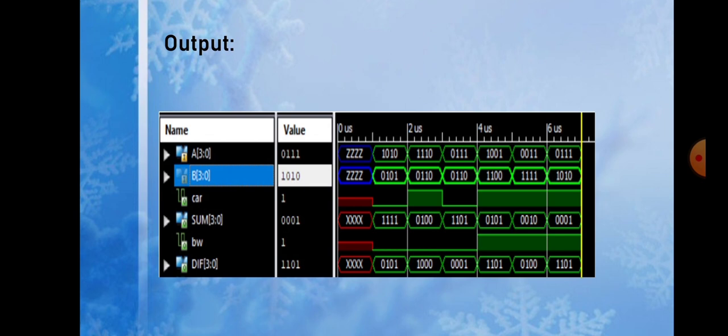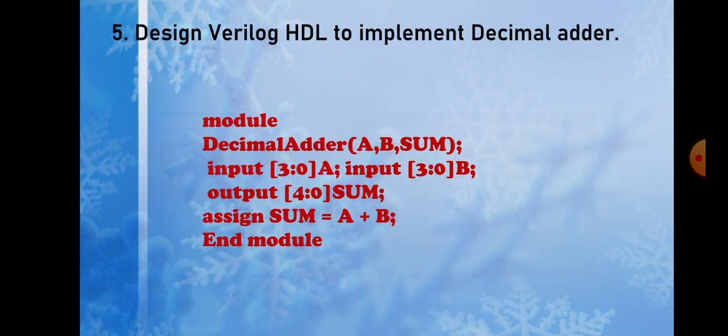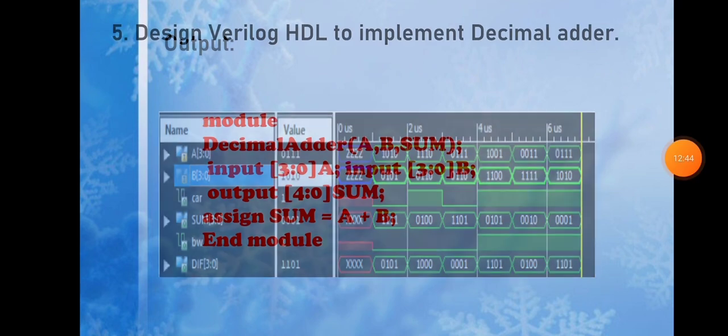So you can see the outputs here. A, that is [3:0], the value of A is 0, 1, 1, 1. B [3:0] has the value 0, 1, 1, 0, 1, 0 and the carry out is 1. And sum [3:0] is 0, 0, 1. Borrow out is 1. Difference [3:0] is 1, 1, 0, 1. So here ends